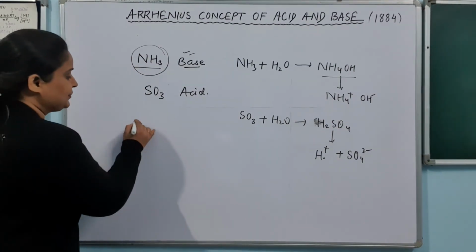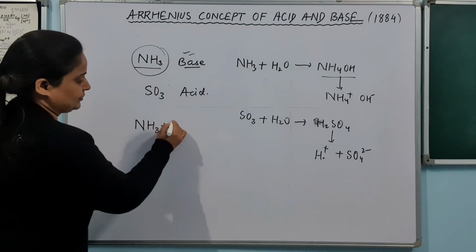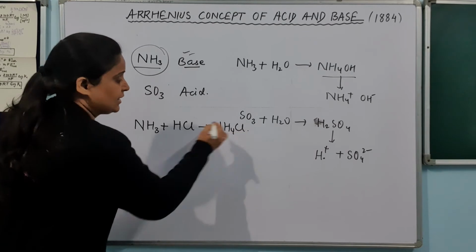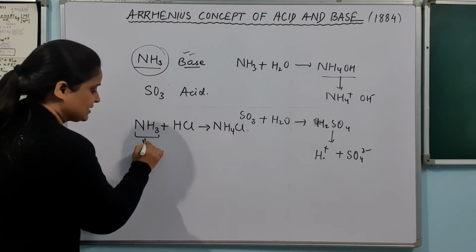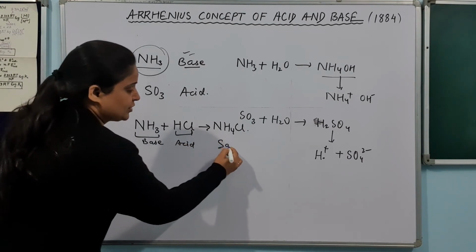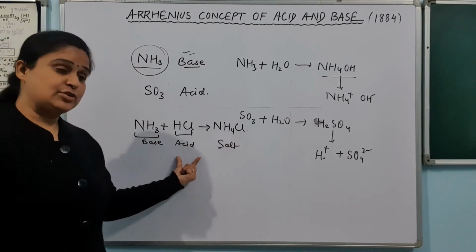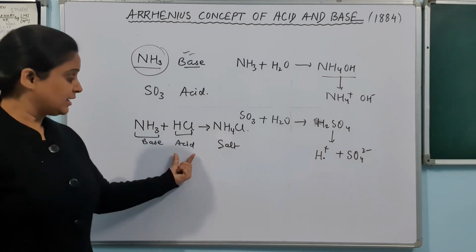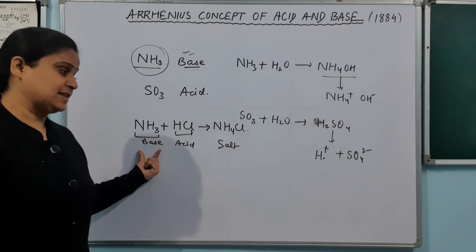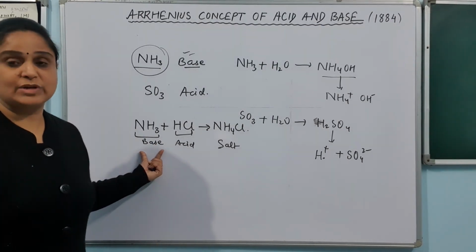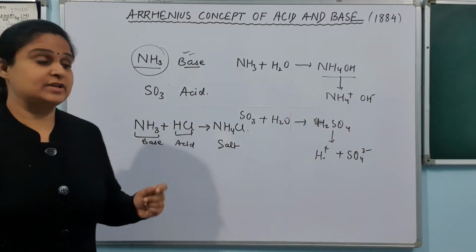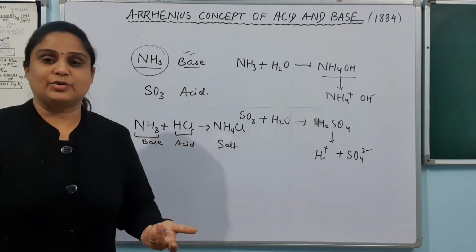For example, if I react ammonia with HCl, it will form ammonium chloride, and we all know that a base always reacts with an acid to form salt. So if this is an acid, how is ammonia a base, because it is not releasing H plus or OH minus ion here? This type of reaction, in which OH ions are not there, cannot be explained by